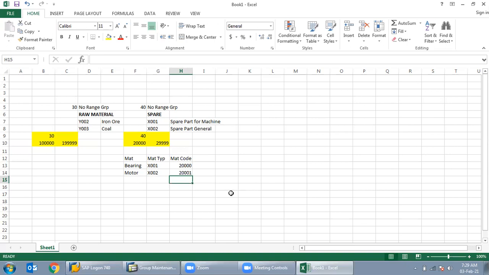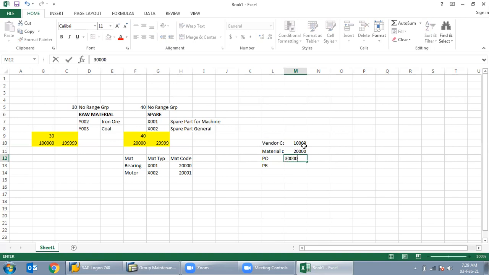See, in each and every part where we are going to create a material code, suppose we are creating a vendor code, a material code, a PO, a PR, each and every place we get a code like this.